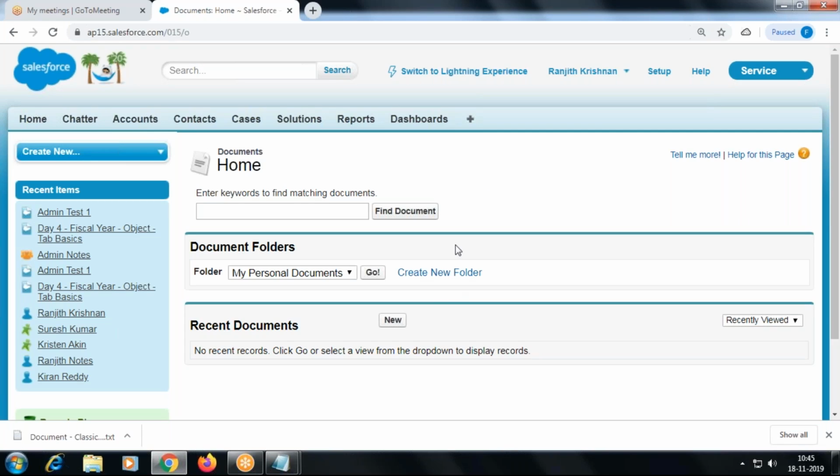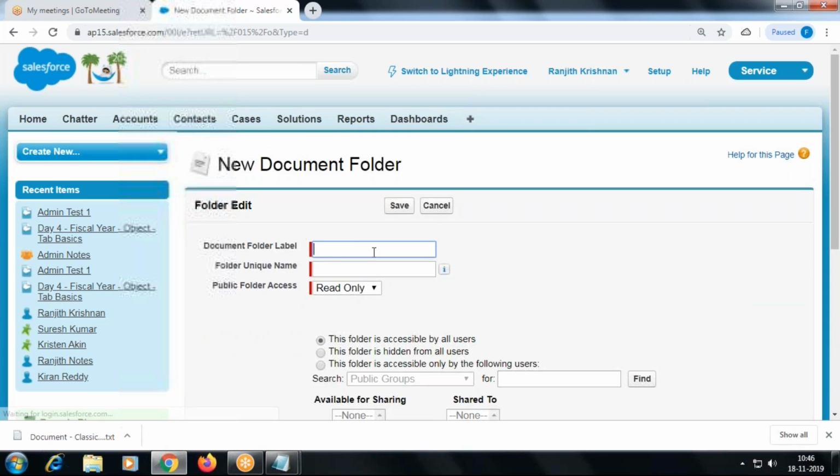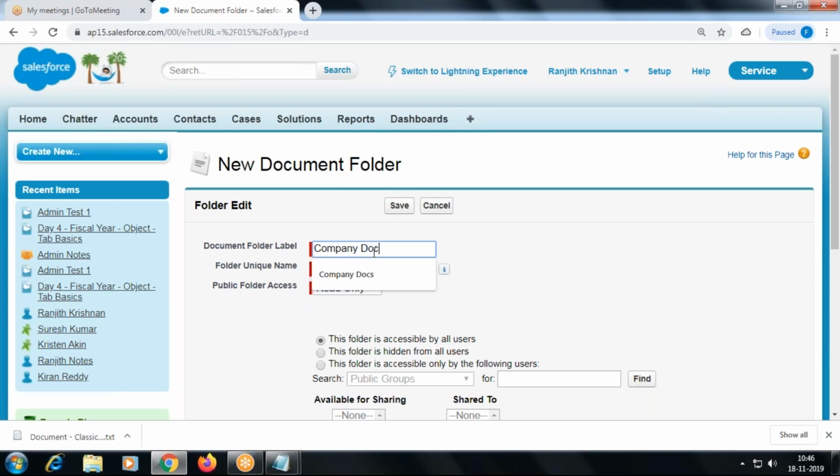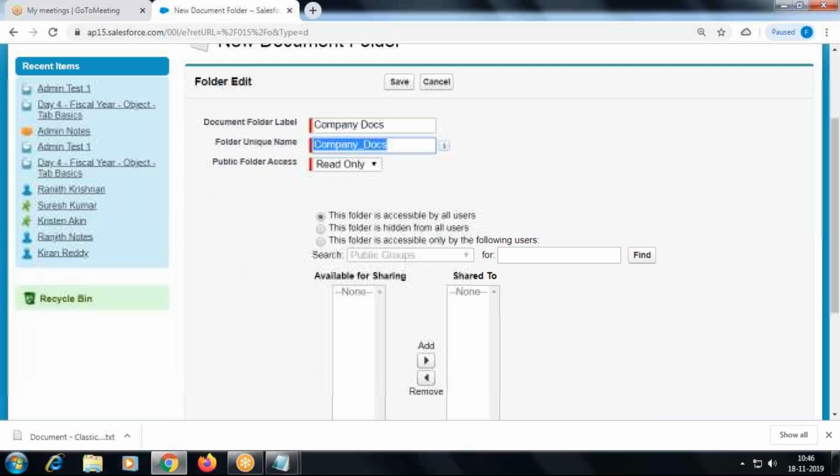You can store the document in your personal document folder, or else I can create a new folder. There I can store my document. So I'm creating a new folder here. I name the folder company docs, and there is a field called unique name.